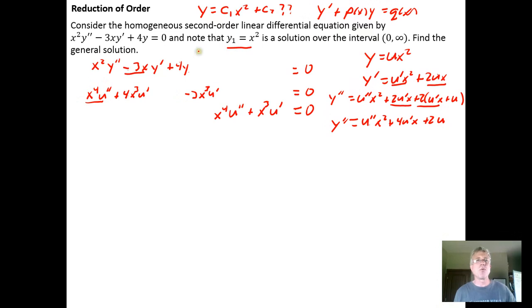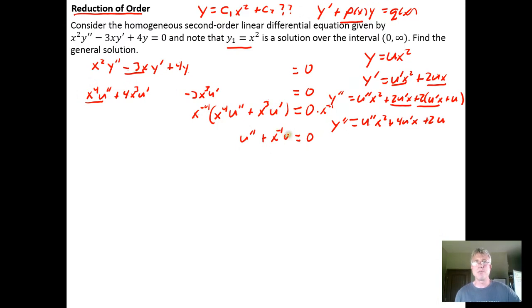The idea is we're trying to get a reduction of order. We're trying to get from a second order differential equation and reduce it to something that's a first order differential equation, so we can use an integrating factor to integrate it. That's the goal. So to get it into this form, I'm going to need to multiply both sides by x to the negative fourth. And because I have a homogeneous equation sitting here, this is just going to be 0 on this side. X to the negative fourth times x to the fourth is 1, so I get a u double prime plus x to the negative fourth times x cubed is x to the negative first power times the